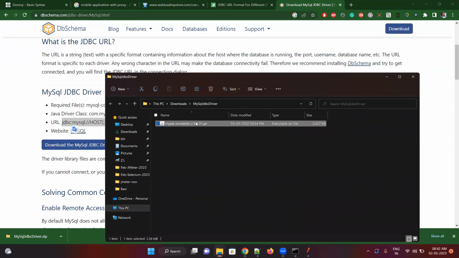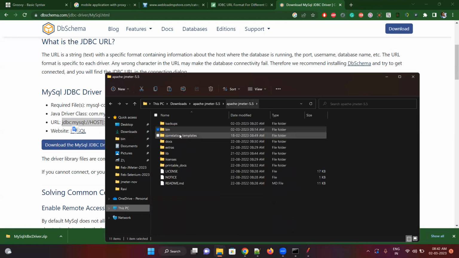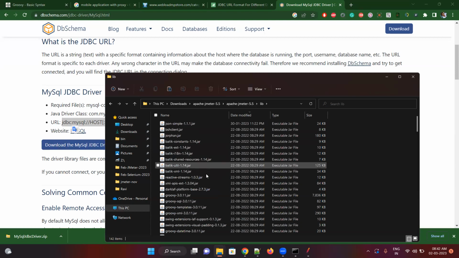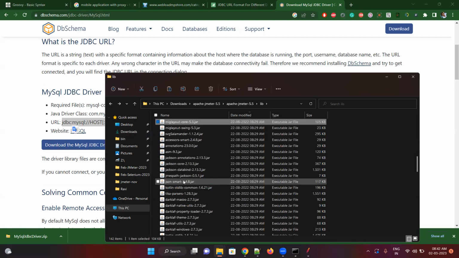Okay, see, this is the driver. So simply copy paste this driver to our lib location. So you might have lib. So let's see whether we have a default one. Default is there. MySQL, my